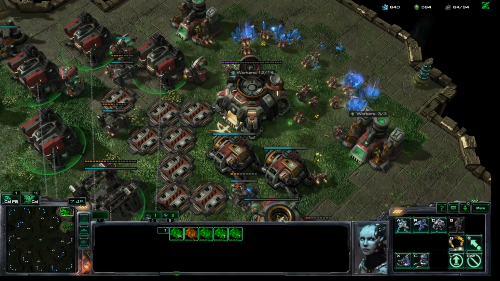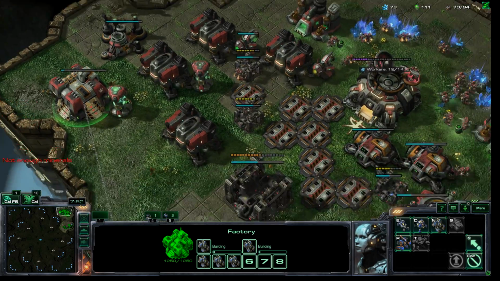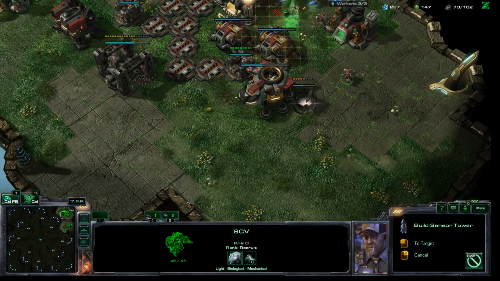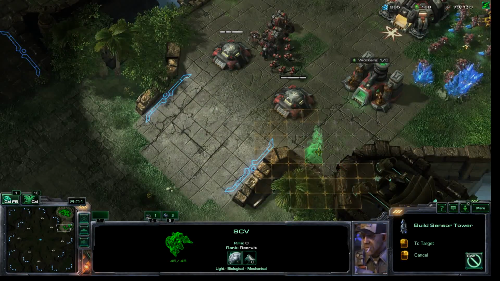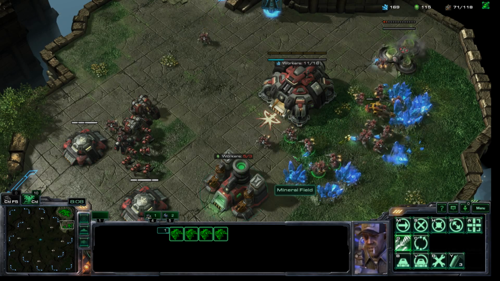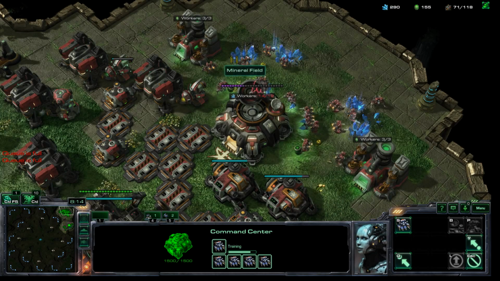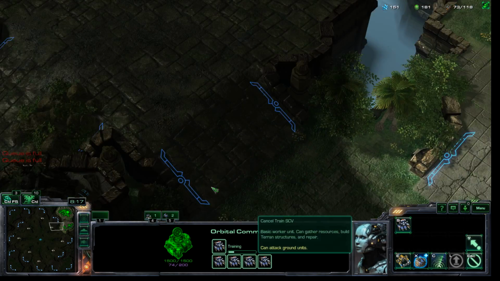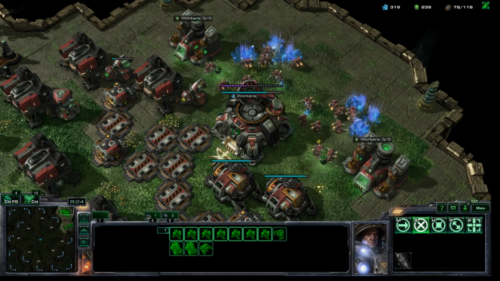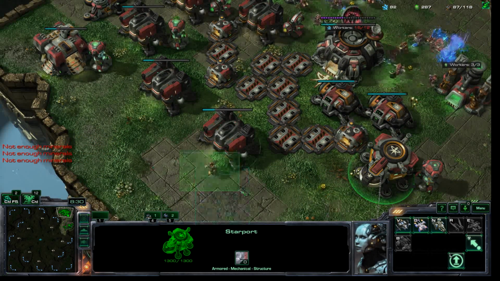I'm tagging all of my buildings to build stuff and send them down. Things are not going that bad actually. Alright, I can expand some more gas production. Okay. Now, as you can see, in order for me to take this base, I would have to expose myself. However, we do need to start